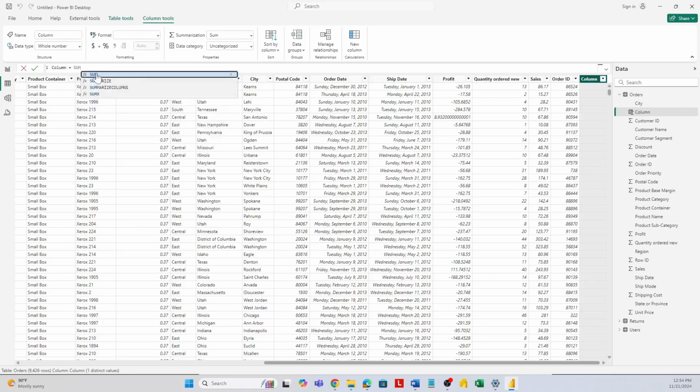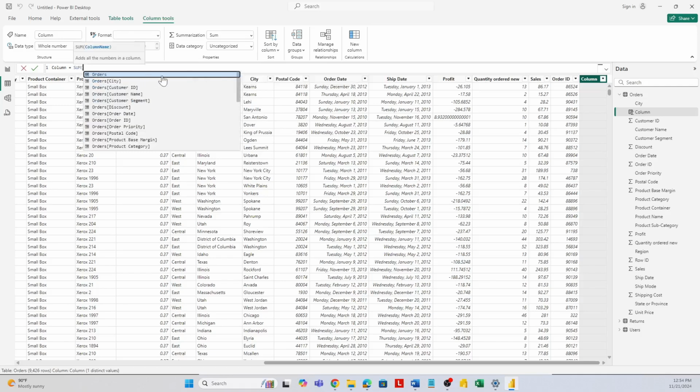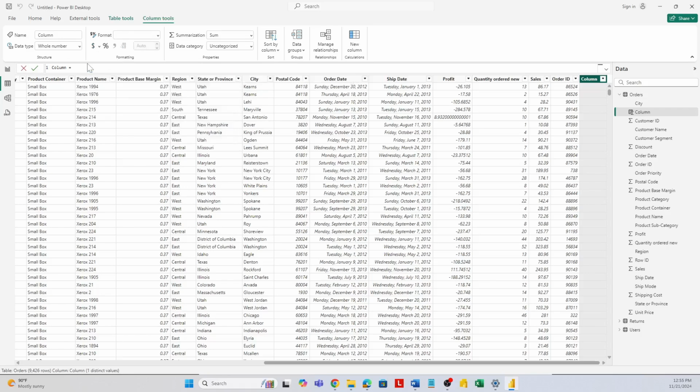Power BI gives you the functions similar to what you've typed. And when you click on the arrow to read more, it tells you what that function does. And when you click on the function itself, it tells you how you can use the function and what columns and tables you can use it with. If I select average, for instance,